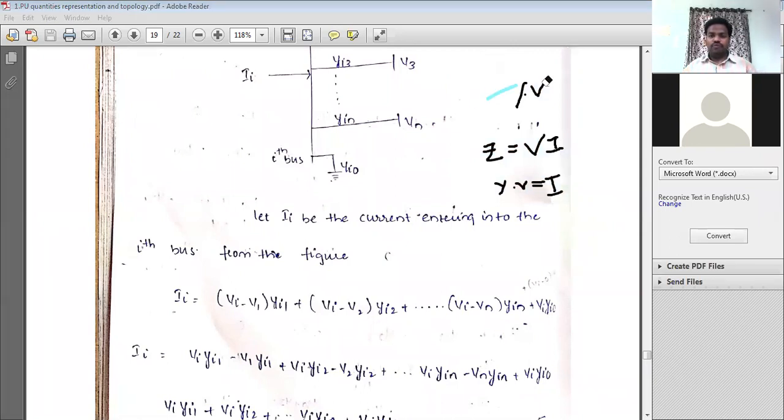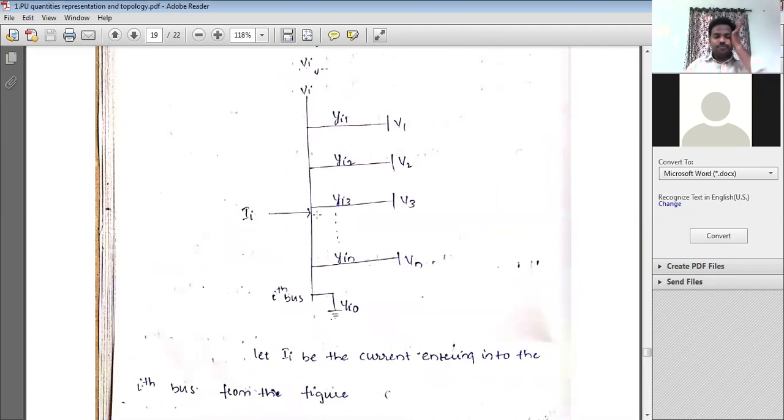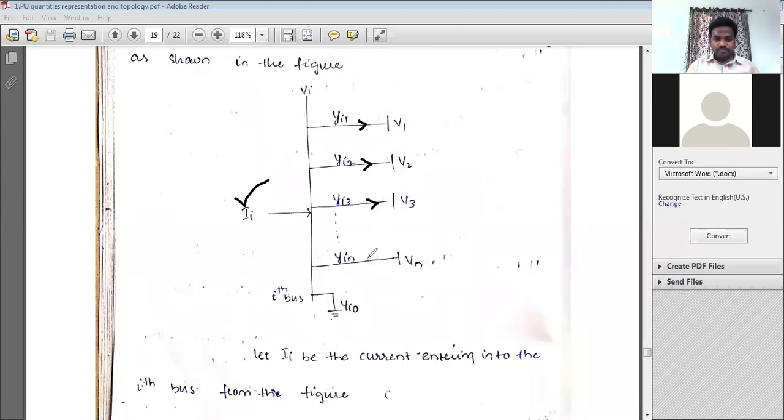So I is equal to Y into V. Now you see here, you see this diagram. In this particular case, I suffix i is the total incoming current, and there are a number of outgoing currents. So according to that, I suffix i should be equal to I1 plus I2